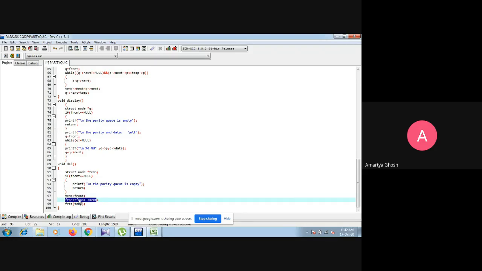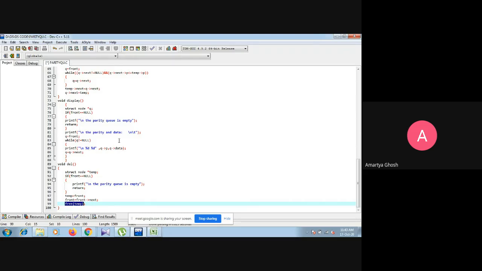If there is more than one node, the front next part contains the second node's base address that is assigned into front. So front now points to the second node, and thereafter we free the temp. Clear to all of you? So this is the delete, because delete is very easy. Every time we have to delete from the front according to the rule of queue: first come first serve, or first in first out.